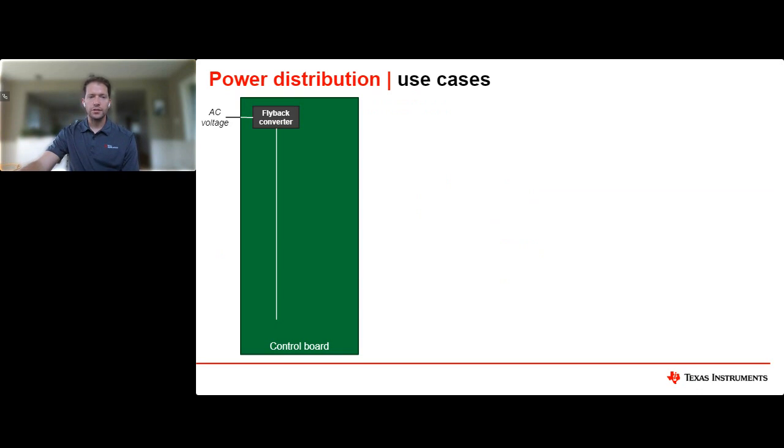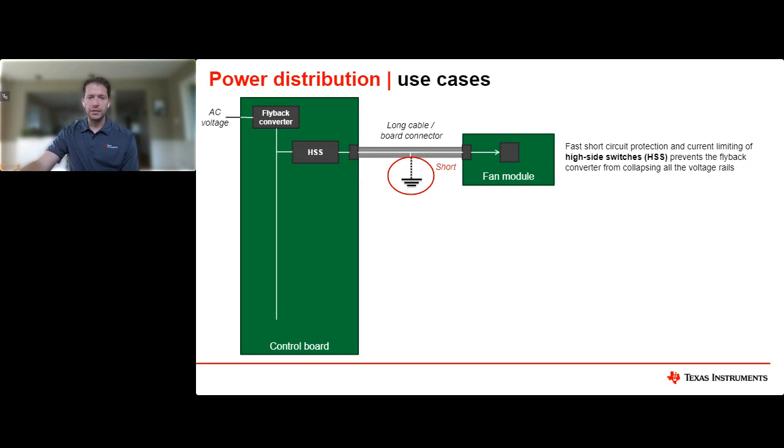Really quickly, just going over some of the power distribution use cases of where a high side switch could be used. Generally, it's used, as mentioned, at the output of a system. So if there's ever multiple modules that you might have and there's a short in one of the cables, a high side switch can be used to help turn off power to just that module and still allow the rest of the system to operate. So really it provides the ability to isolate in the case of a failure somewhere in the system. So the switch will open once it hits thermal shutdown, and we'll stop current limiting and hit thermal shutdown.